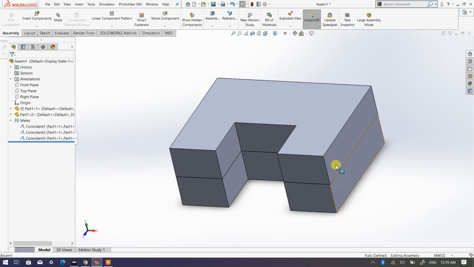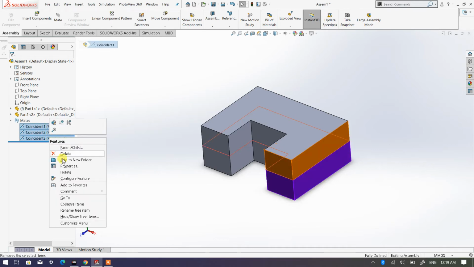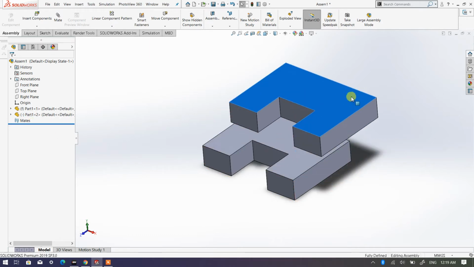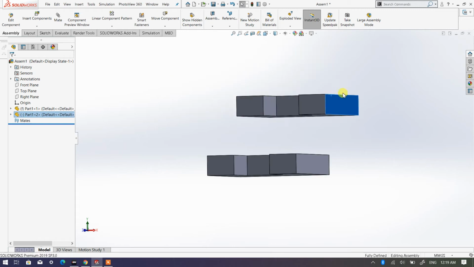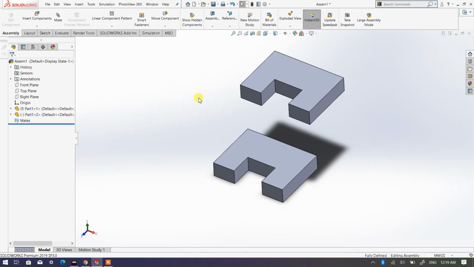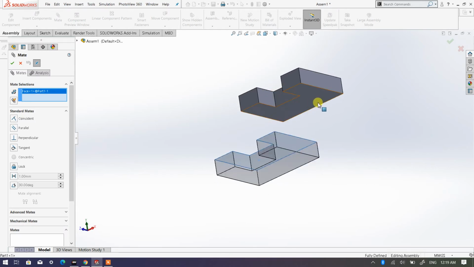All right. Okay. So let's say I'm going to delete all these. I'm going to delete all these and they're already deleted. So now it's already free. Okay. Let's say I'm going to pick Mate and I'm going to select this particular surface and this surface,